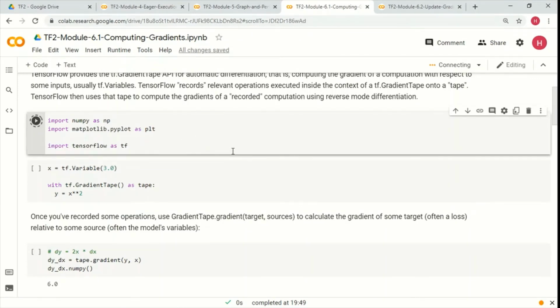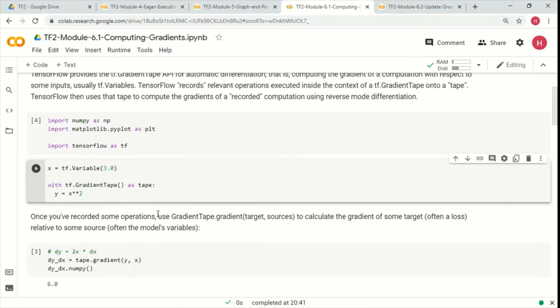As usual, we are going to import the libraries, and then we are going to create a scalar variable here and capture a calculation y equal to x square, a very simple operation in the context of the gradient tape. So the tape is recording this particular operation.